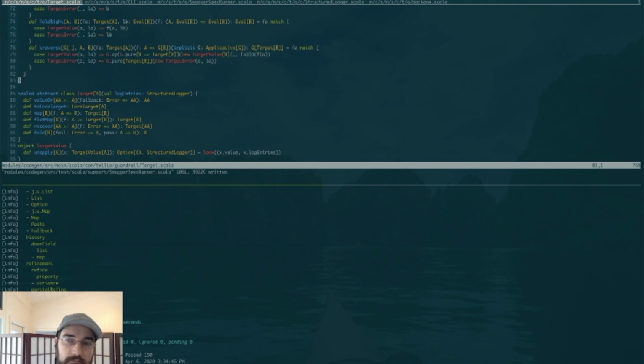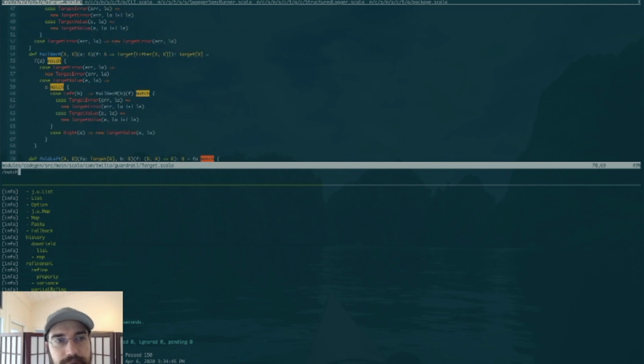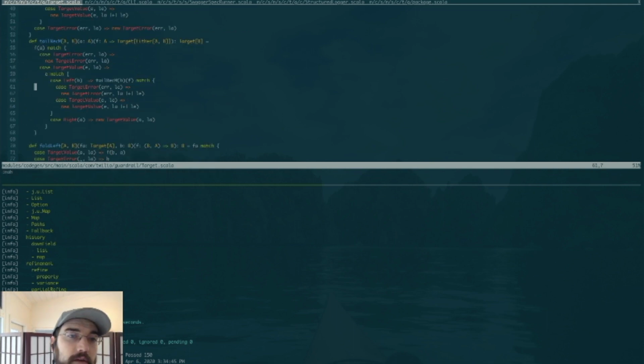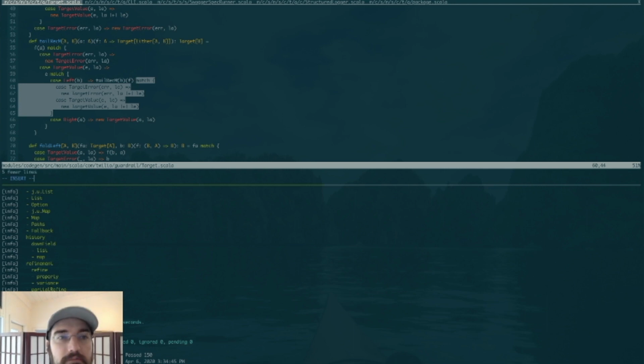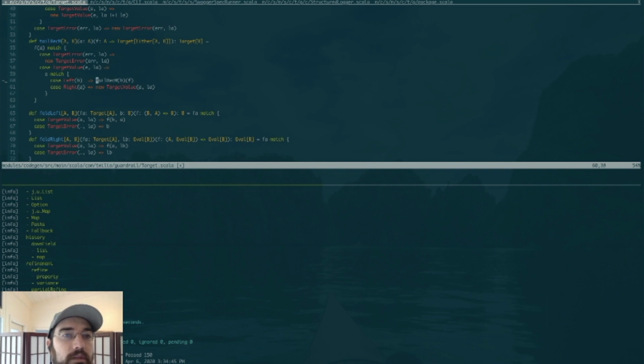So I don't want to end up in a situation where, for instance, here, the only thing we're doing is accumulating the logger entries. What I don't want to do is abuse monoid in order to say something along the lines of, if I had X and I said X TIE Fighter new target value, conceptually, okay, the monoid could just apply to the logger entries, but